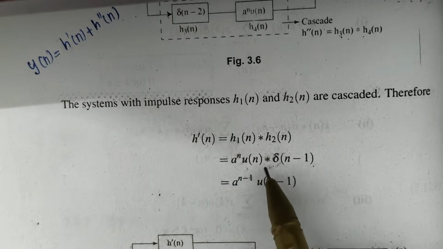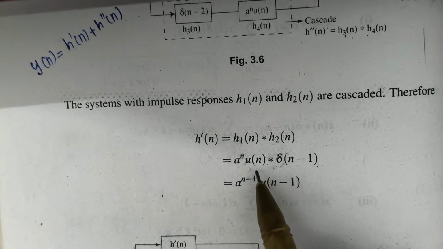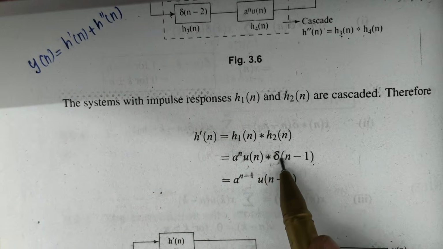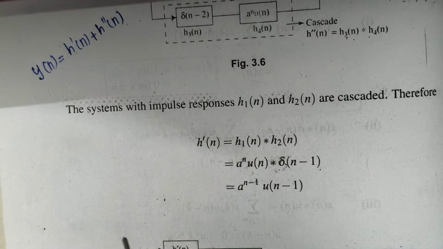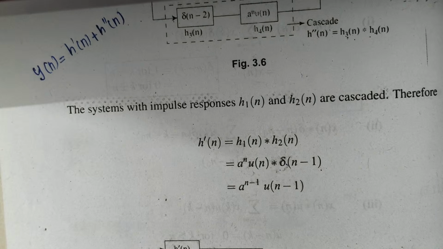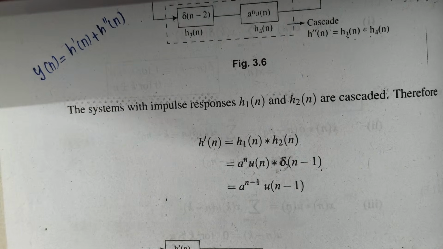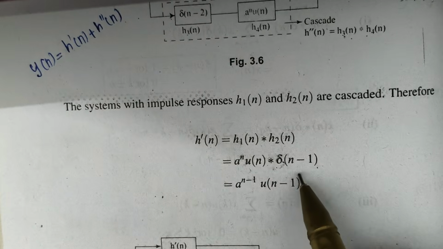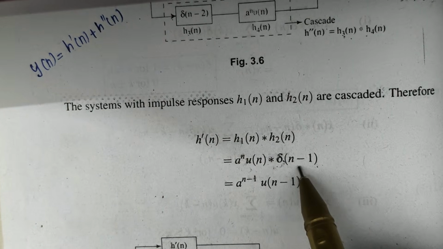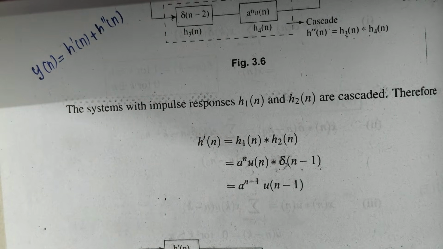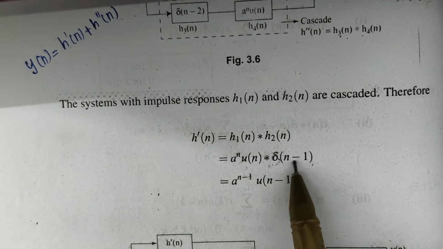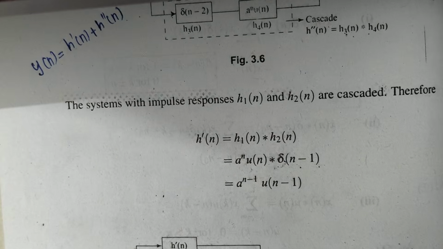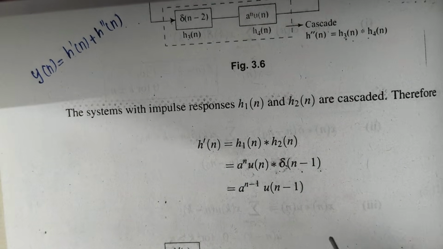Okay, so if I consider this signal, I have a signal u of n and I also have a signal del of n minus 1, right? As we have discussed earlier, u of n will be positive from 0 to infinity. And the delta function will be 1 in case of what? Only time t is equal to 0. And since it is minus 1, it will be shifted one step to the positive side, right?